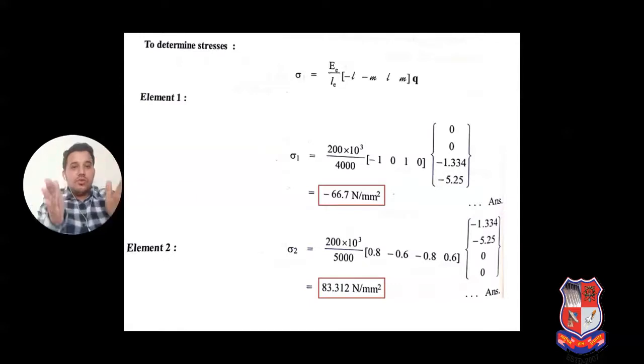So this is the whole structure of one static structural analysis, truss analysis example. This is the first example. We will learn another example further, but keep in mind, this is a 7 marks question. If they ask you such a question with either 2 elements or 3 elements, we just have to follow the procedure and important formulas.